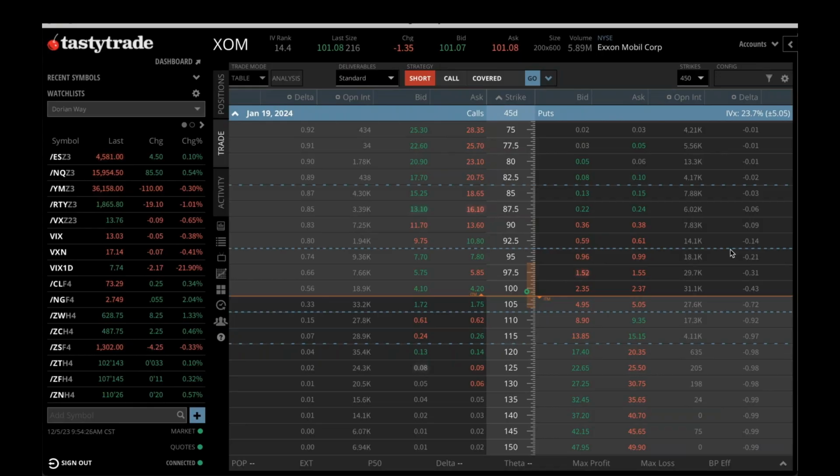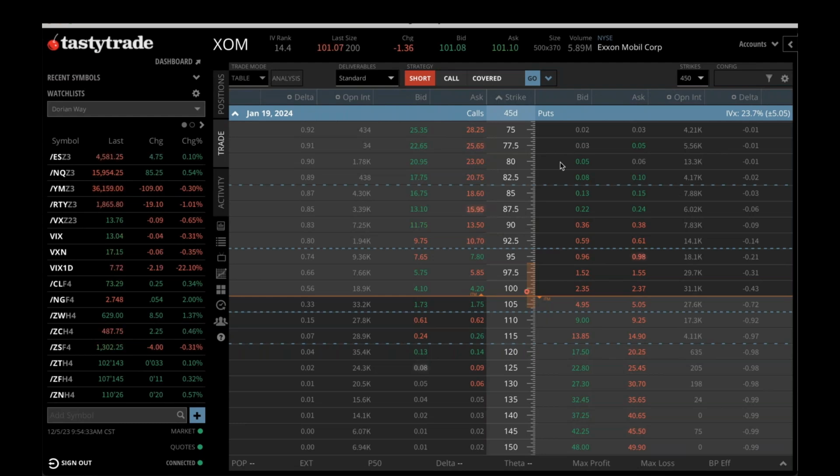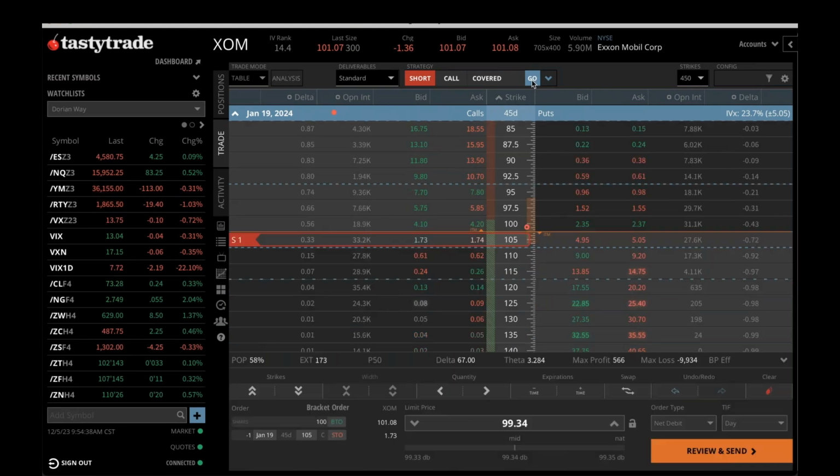So the next strategy we want to discuss is what we call at the Dorian Trader the collar strategy. We have incorporated the collar strategy into what we call the safeguard strategy. So the collar strategy is when you sell a covered call, just like we just did, but this time you take some of the monies that you receive from the covered call and you buy a put to protect yourself to the downside. So in this example here, let's just say we decide we're going to buy this 97.5 strike put,